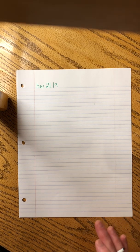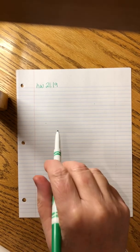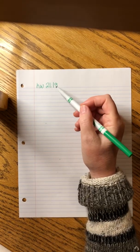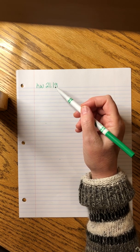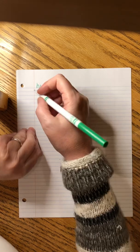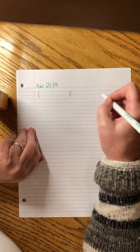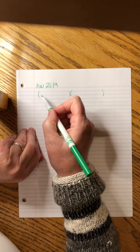Saxon Advanced Mathematics. This is the homework problem for you, Vivian, that you requested. It's 2119, and I want to copy it down the way it's shown in the book. Well, first of all, I want to do this. John shows it in this presentation, and I'm not going to take the time to write it all down, but